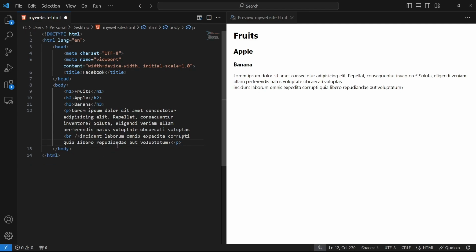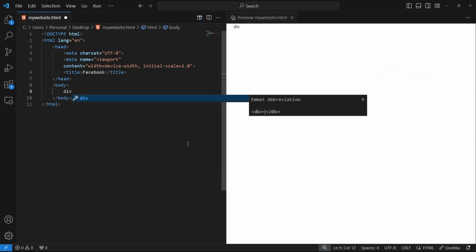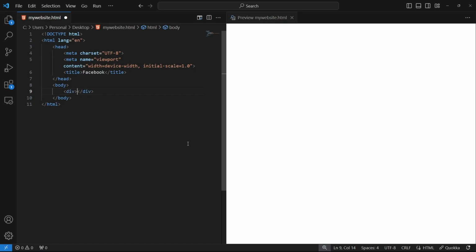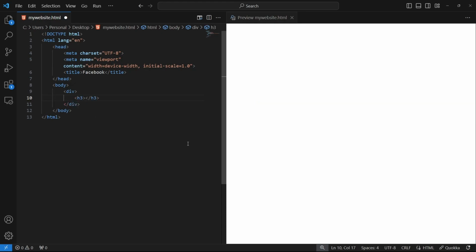So let me just clear this out for you. So let's just add div. It's a type of divisioning, more like separating our codes by giving it a division. So let me just add the heading in here. So H3, it's kind of blog.